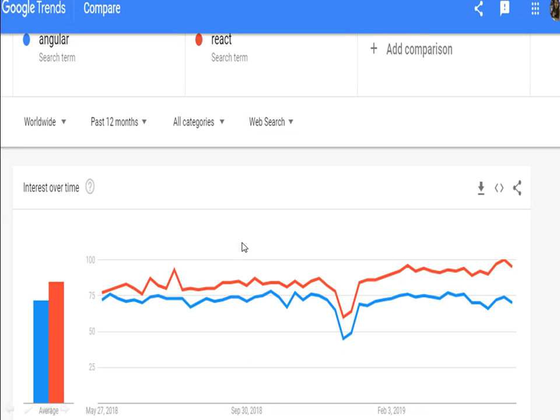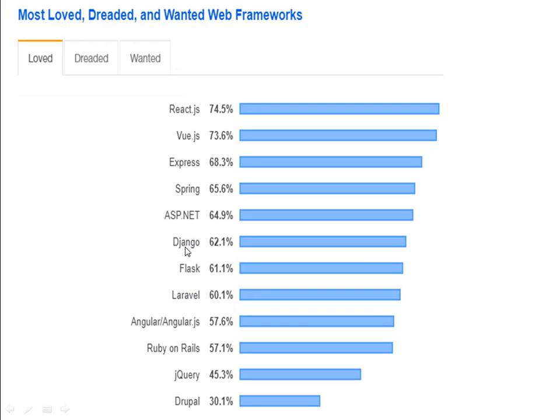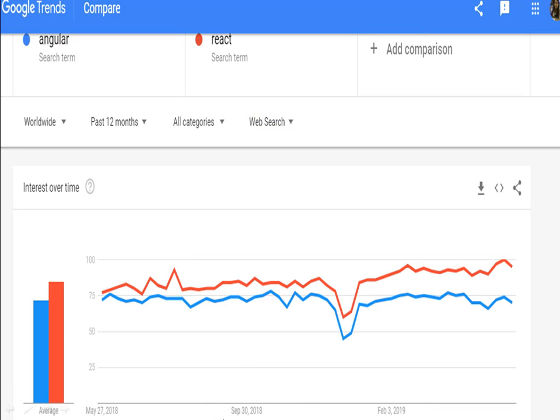And again, if we see the Google Trends, you can see React.js is completely overtaking AngularJS. As you can see, it is the red line that is showing React. So in this way, React is overtaking in both of the cases, here and here as well. Clearly, it is most popular right now and becoming popular day by day.